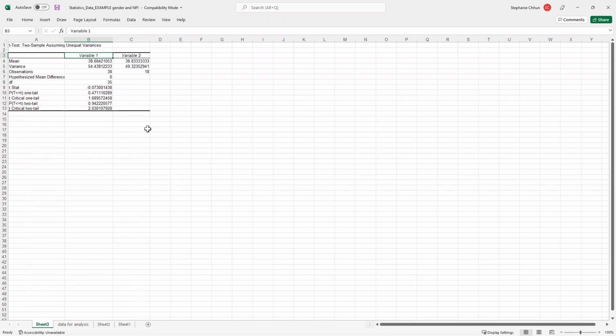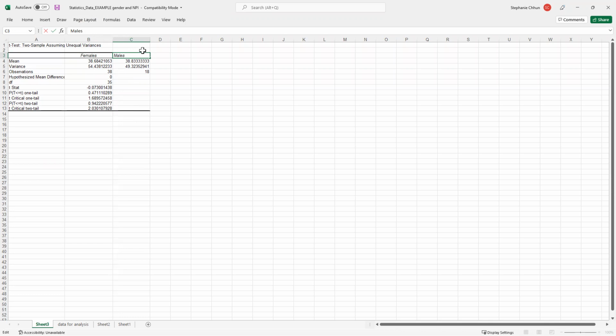that it doesn't matter which group goes into variable 1 or variable 2. You just have to remember which one you select it to be in variable 1, right? So if you did what I did in variable 1, you might have selected that to be for females. That's what I did. So I'm actually going to go in, click on this, and change this to reflect that this was the group that was females. And then click on variable 2. Because I did males for variable 2, I'm going to go in and type in males